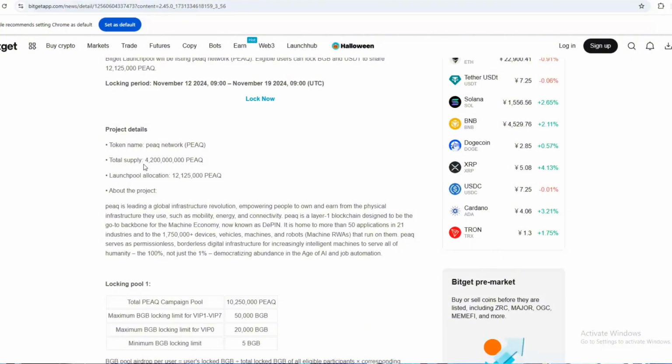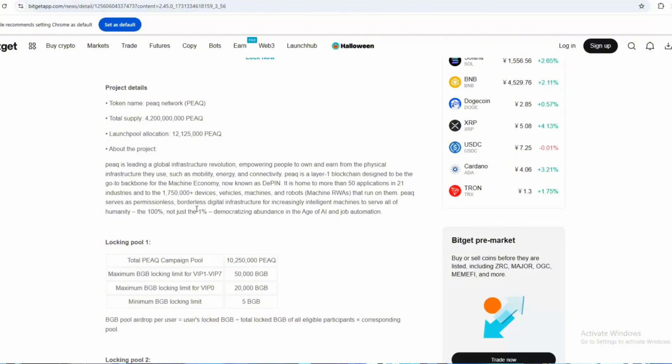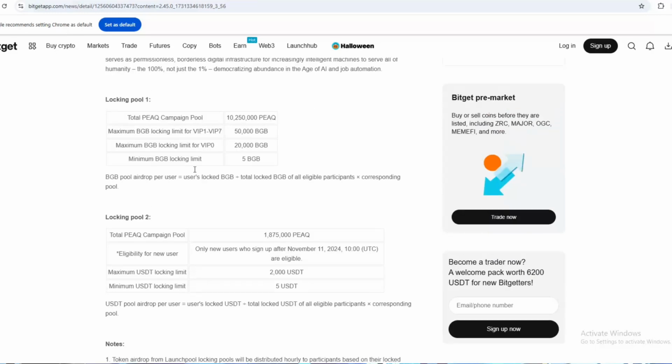is see the token name, the decentralized supply of this launch pool, the allocation of this amount, and about this project, which is leading in the global infrastructure and regulation, empowering people to own and earn from the physical infrastructure they use for search and mobility. Okay, so this is the locking pool, the total PEAQ pool, and this is the locking period. Maximum BGB locking limit for VIP1 to VIP7 is 50,000 BGB tokens. Okay, and the maximum BGB locking limit for VIP0 is 20,000 BGB, and the minimum BGB locking limit is 5